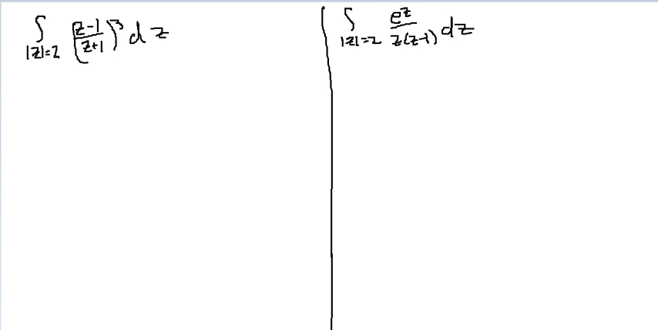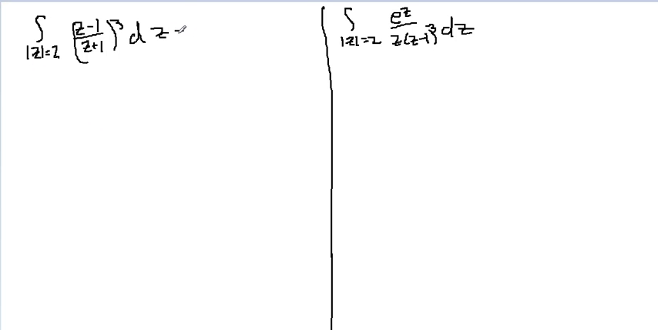I'm going to discuss how to use residues to integrate functions that have higher order poles. In this one, the denominator really has a z plus 1 cubed, as this one has a z minus 1 cubed, and so we'll figure out how to solve this. The first thing to do is figure out where the singularities occur, and the only singularity here is at z